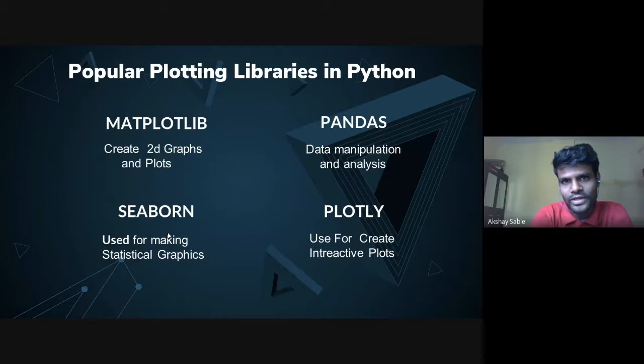Second is Pandas. Pandas is used for file manipulation and analysis. Basically, it allows us to import data files into our program, for example comma separated value files, to perform analysis in our Python program.